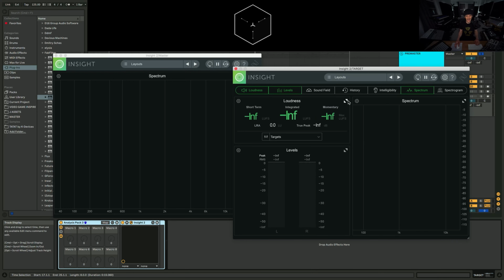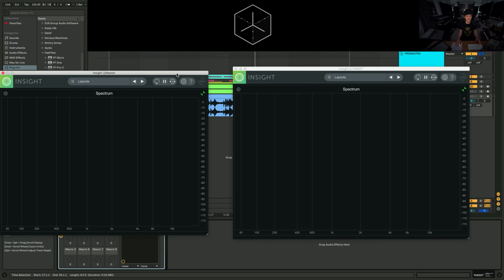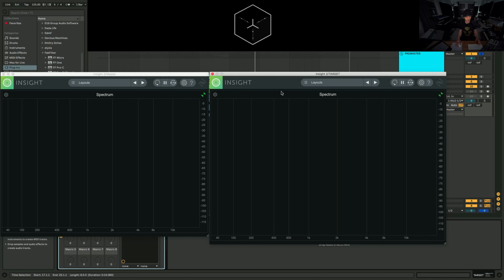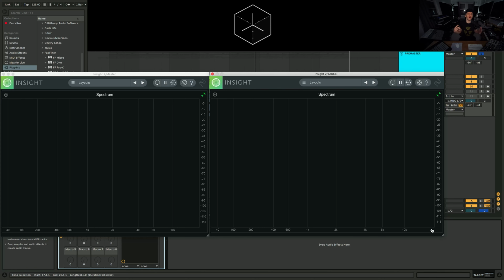Now remember, I have the same song, so we're going to be able to see immediately obvious differences. But for you all, when you're just hitting your target, you should still be able to have a generalized frequency profile. You shouldn't see anything super obvious standing out, like, whoa, no highs or something, you know? So let's just have a look, see what they say. You can see the dynamic profile in here as the music is playing back.